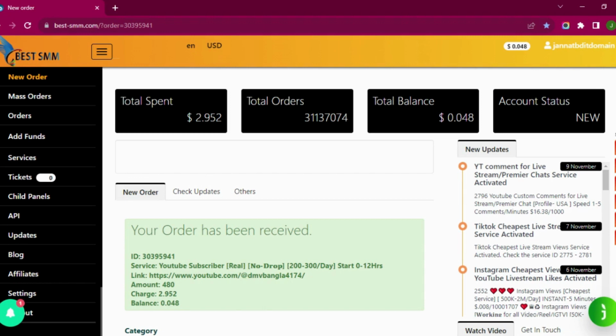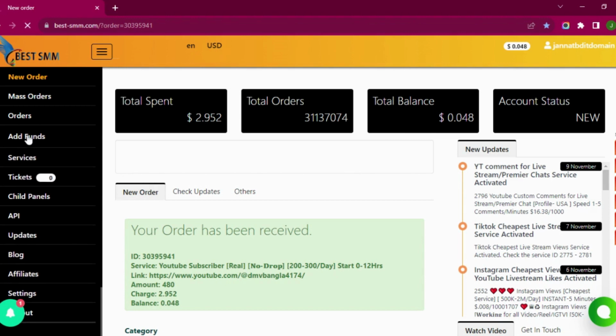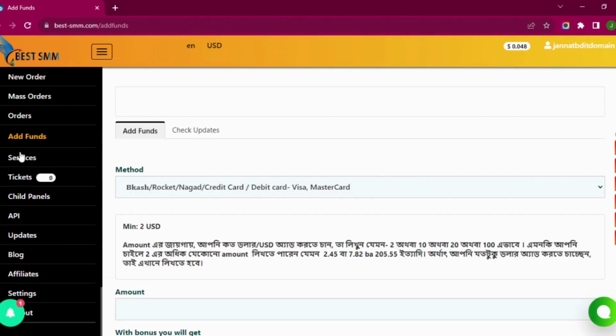One more thing, you can't buy any of the services before adding your fund. If you have zero balance on your panel, then you can't buy any of the services. So it is very important to add your funds over there, and let me show you that in this add